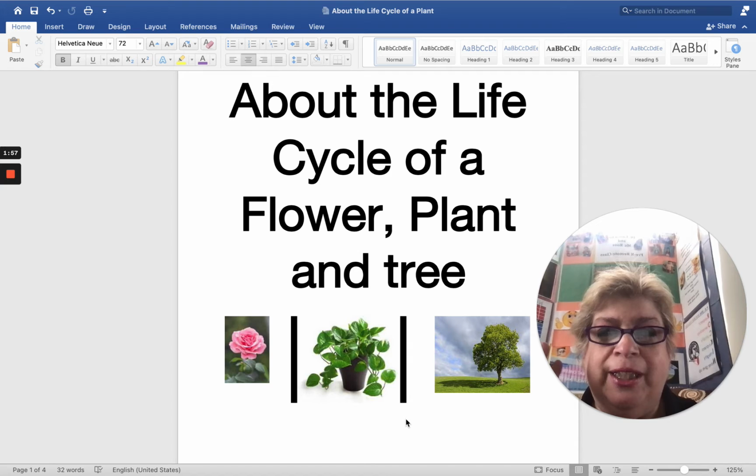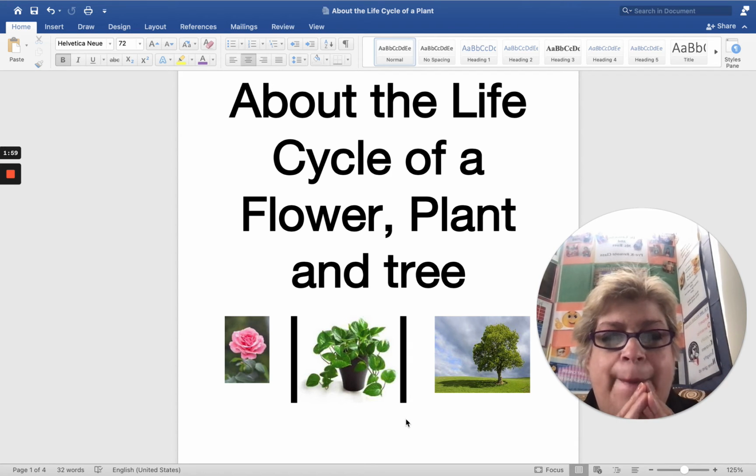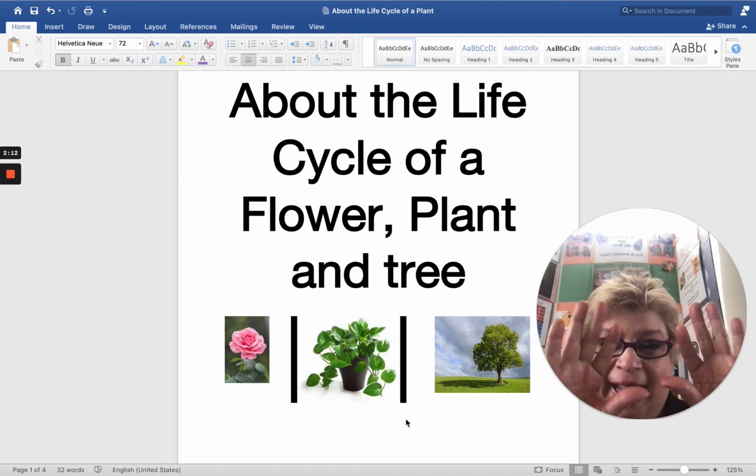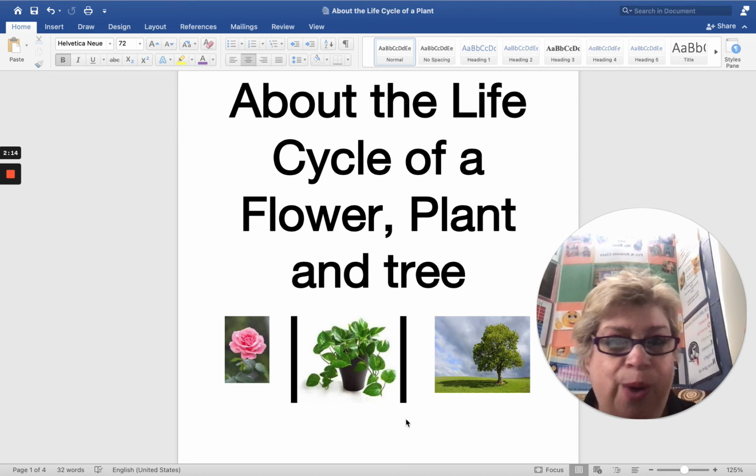I want to take you on a little journey now about the life cycle of a flower, plant, and tree. And again, I don't know what the seed is or what will come from it, but I know with the help of our hands, we can make things grow.